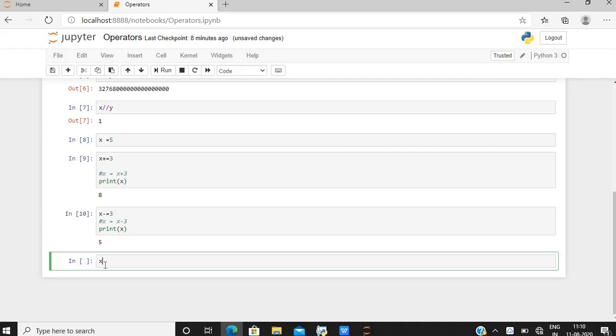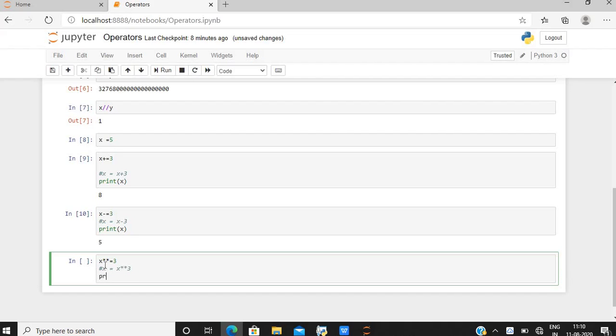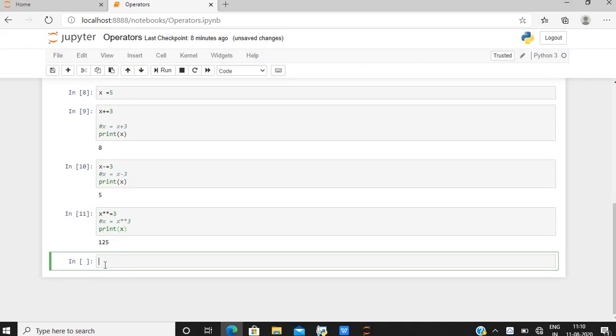For example, x star equals 3, and x star star equals 3. Let's print the value of x. We can see it's 125. It means we have found the exponential value of x raised to the power 3.